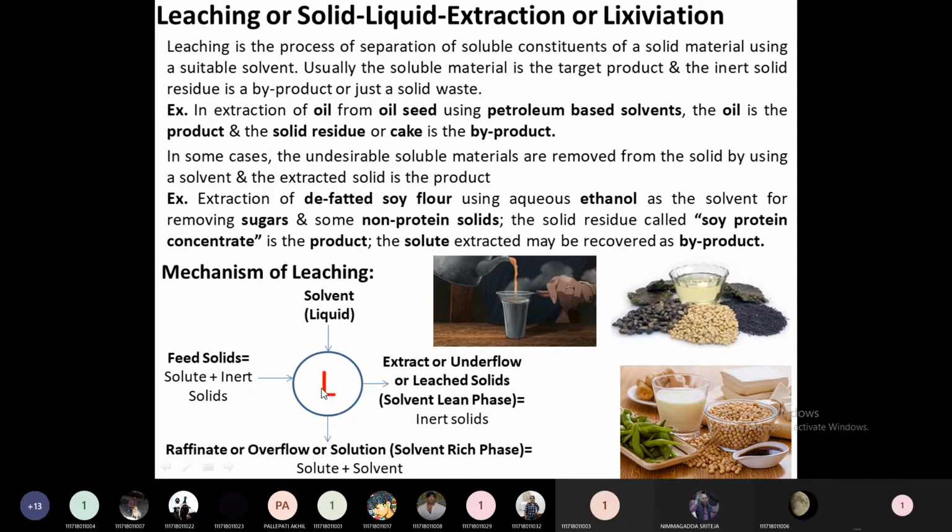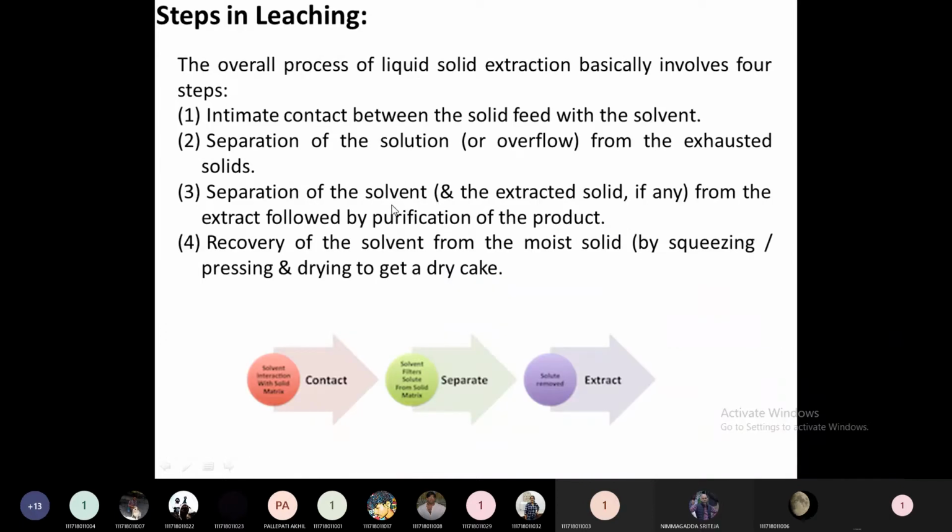But after leaching or after extraction, the product which we obtain is a contaminated phase. Here the contaminant is the solvent. Now the next task is to separate the solvent from this solute. Our product is only the solute, not the solvent. This solvent we have to separate once again, and if possible, recycle back. So that is a secondary operation. Here the solvent needs to be separated out from the extracted phase. Then it should be subjected to some purification process, like distillation, drying, or some freezing operation to remove the solvent. We have to apply some external operation once again.